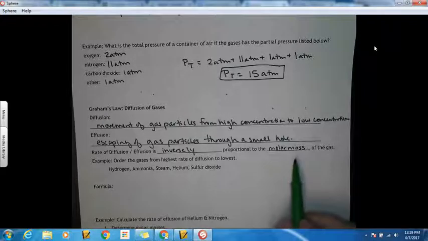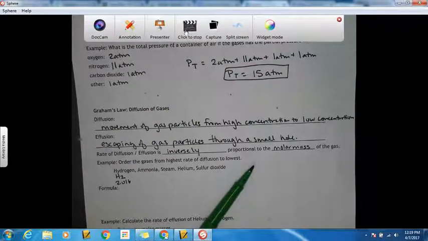Okay? So let's think about ordering these from the highest rate of diffusion to the lowest. That means we need the molar mass of each. So hydrogen is H2, so it has a mass of 2.016, and then ammonia is NH3, which has